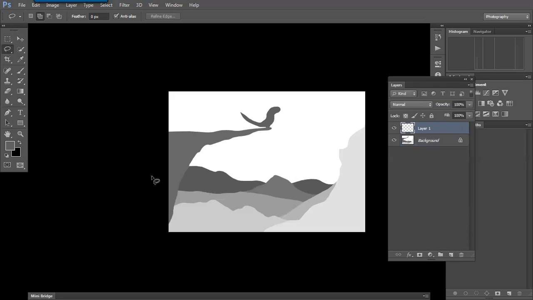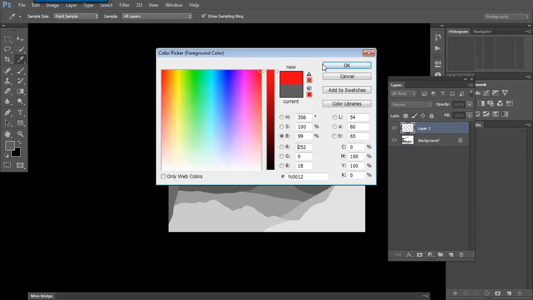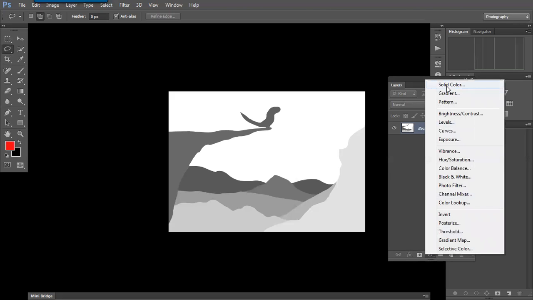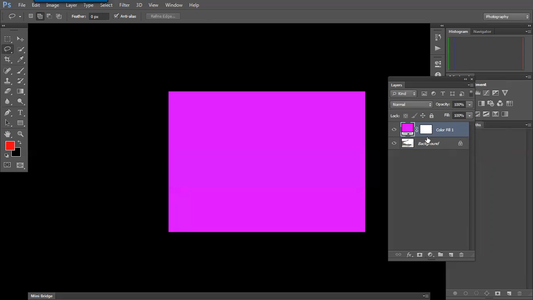Take a new layer, fill with color, whatever color we want. Now we are filling this color by taking the color here. Rather than doing that, there is an option for us. We can take a layer, not by clicking over here, but by clicking on the fourth button from either side. Here we can find an option called solid color layer. So here we can make a layer with a particular color.